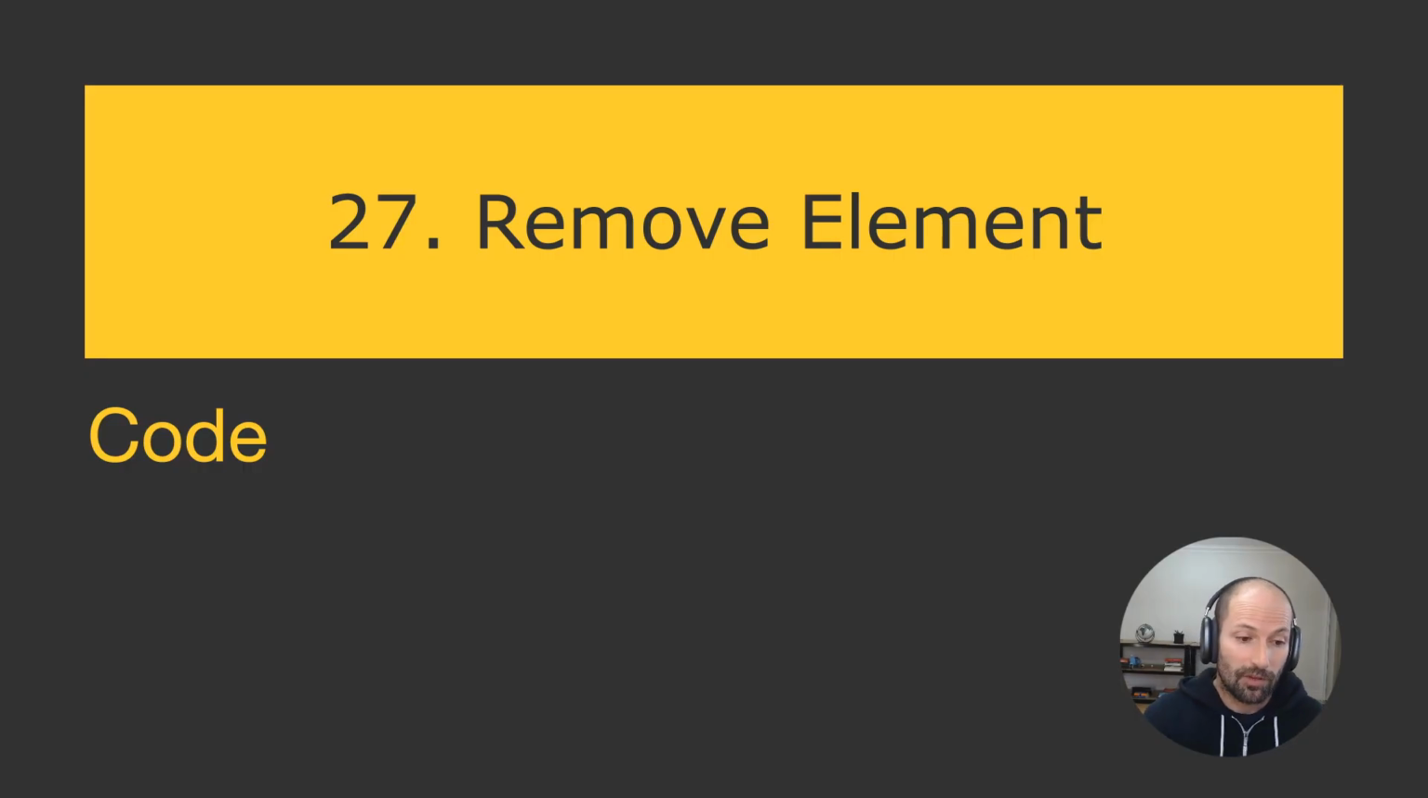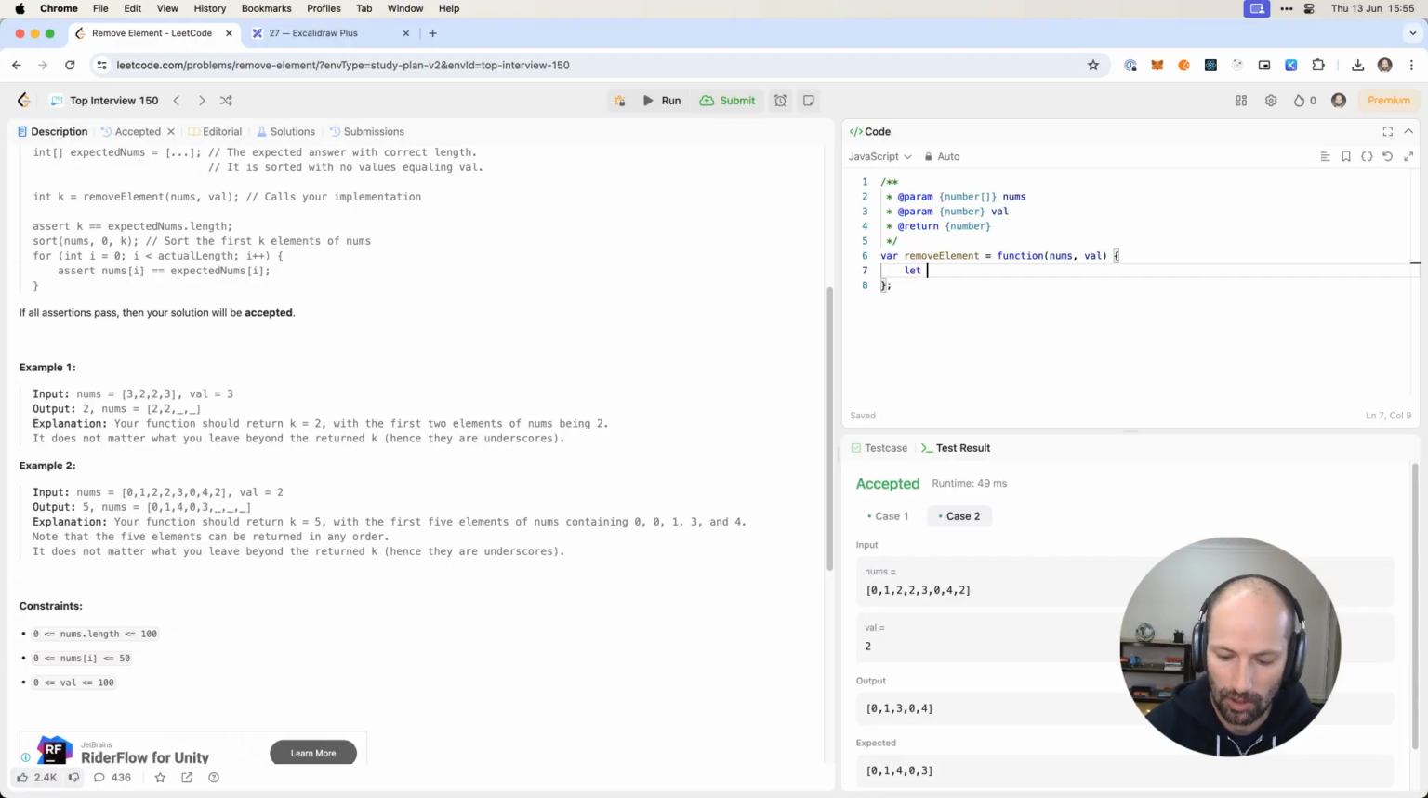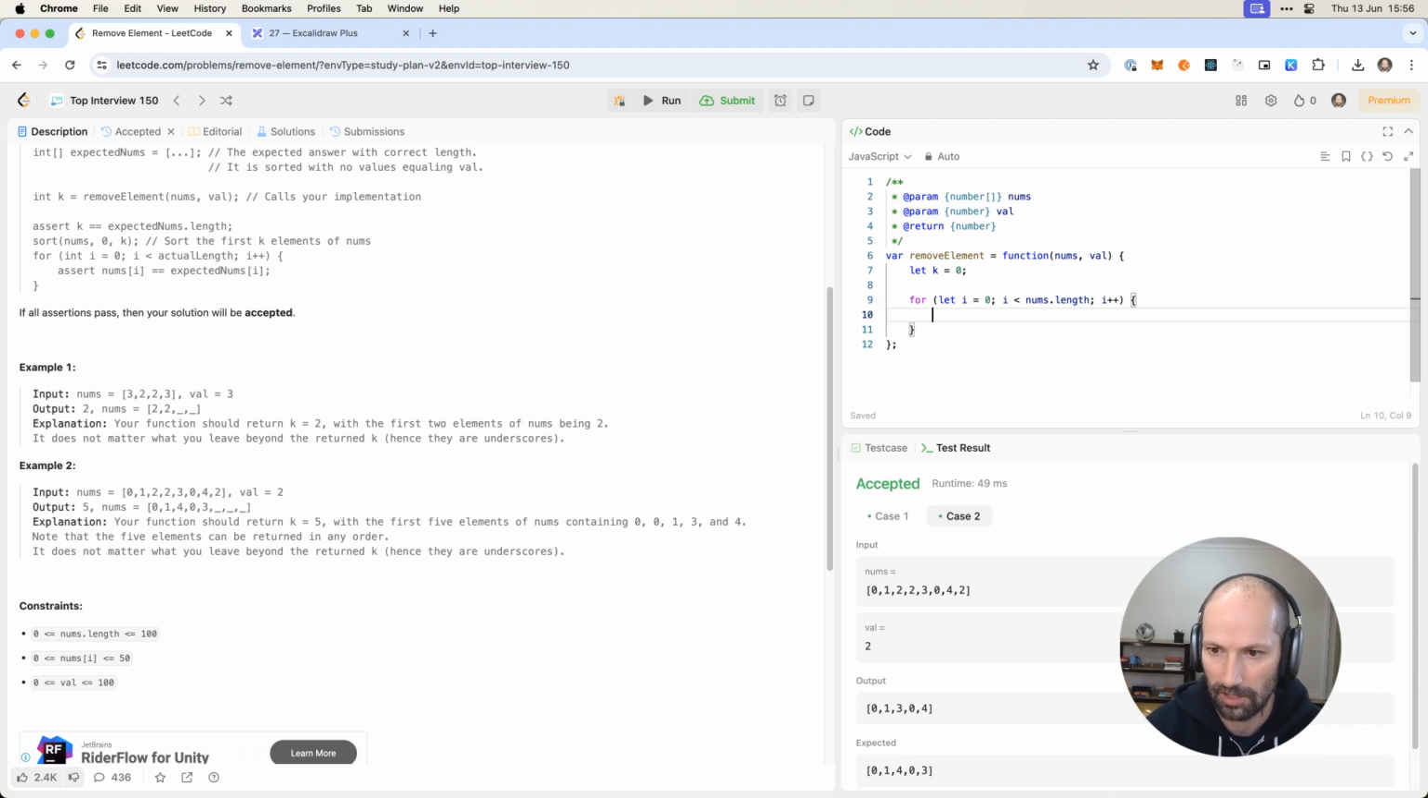Now we're going to apply that logic in code. Firstly, we assign k with a value of 0. Then we just do a normal loop. We say let i equals 0. We want to loop while i is less than nums.length. And we want to increment it every time. Cool. So we just want to say if nums[i]